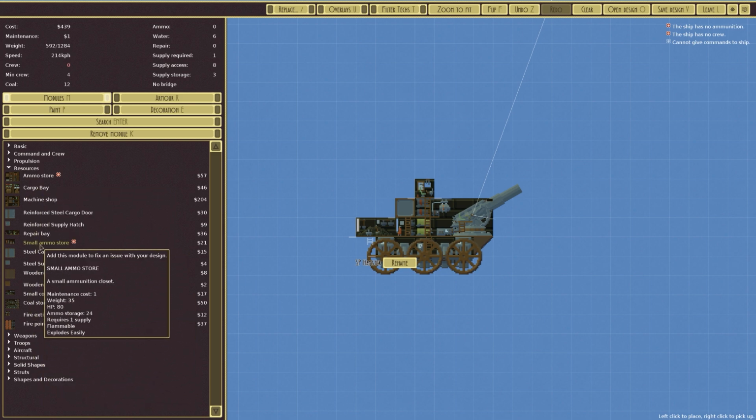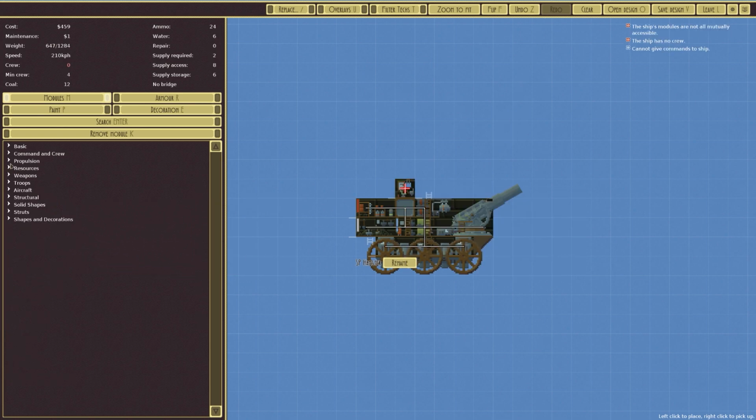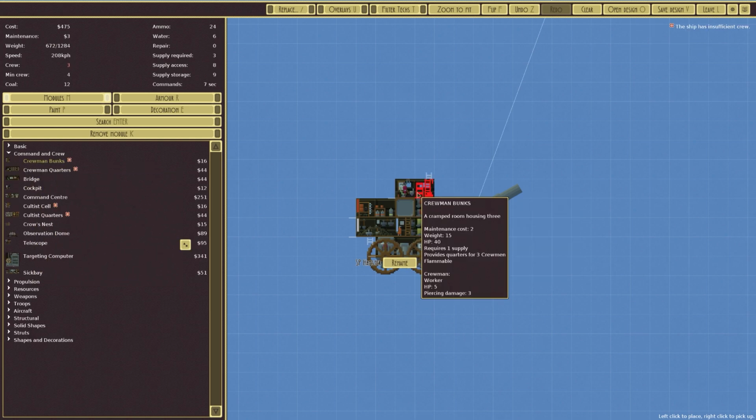sparse, as in we're going to have a small ammo store, and we'll have the small ammo store right near the coal store. That is not a good idea, but whatever, we'll run with it for now. And then we want, I think, what do we need? It says minimum crew of 4. That's what it says at the moment. But we've got command and crew, crewman bunks, and it says minimum crew of...